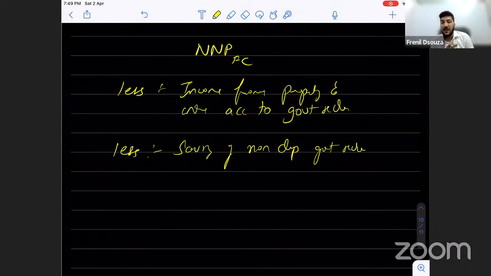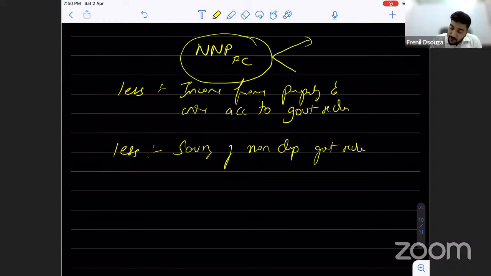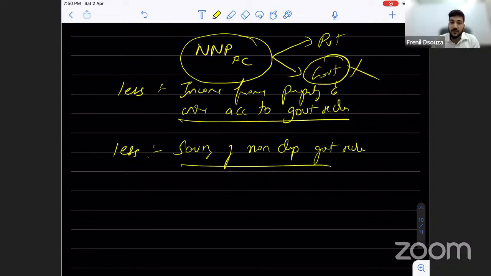So basically what I'm doing here, I don't want to go into the depth of these terms. I've already gone in depth, and that lecture is available. So here, this NNPFC, when you calculate national income, it will include the income of 2 sectors. One is of the private sector, one is of the government sector. I'm just removing this government part by minusing these 2 things. This is the very easy understanding.